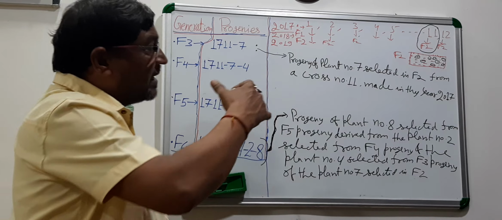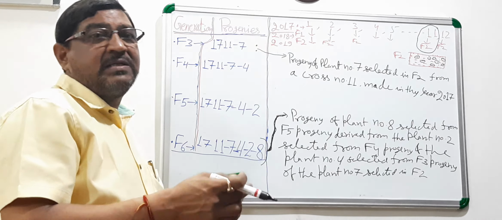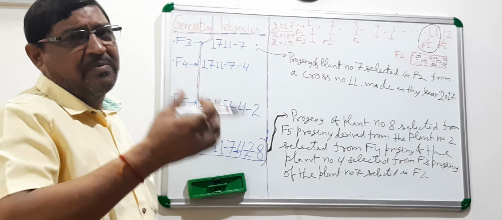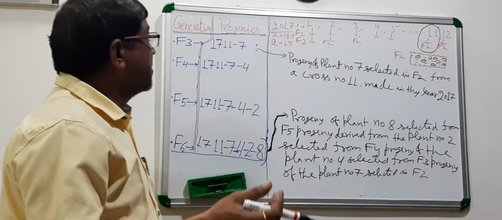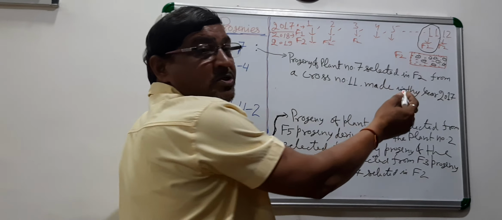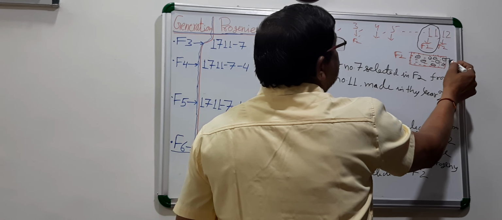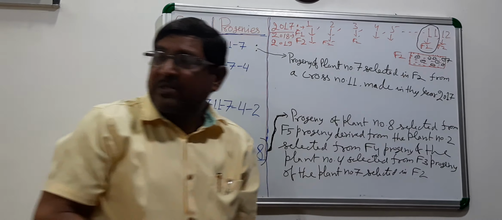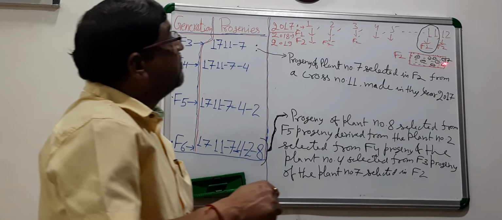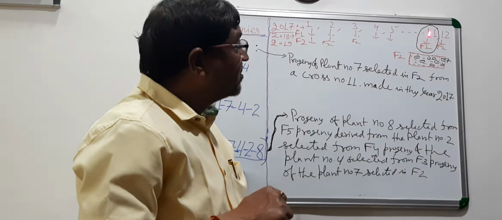I cannot explain all the plants in the pedigree record, so I'm taking one plant. Similarly, you can put the information of other selected transgressive segregant plants too. So say for example, in F2 generation of cross number 11, you are going to describe plant number 7. This is the 7th plant in F2 generation grown in 2019 of cross number 11.